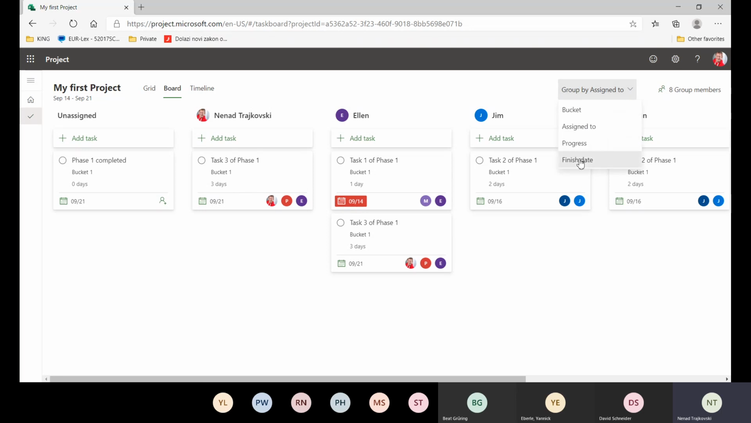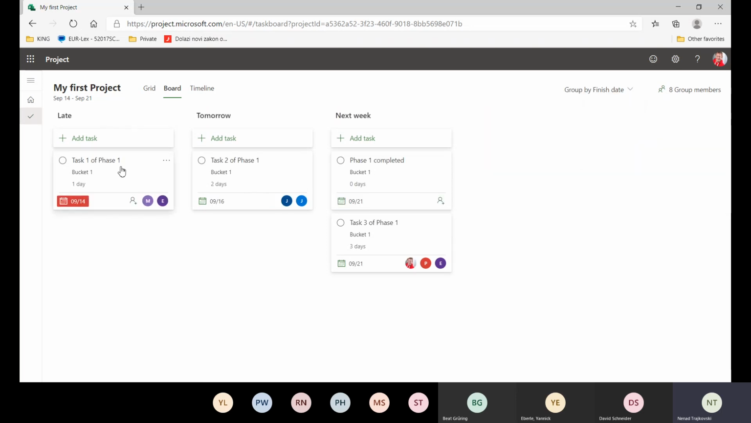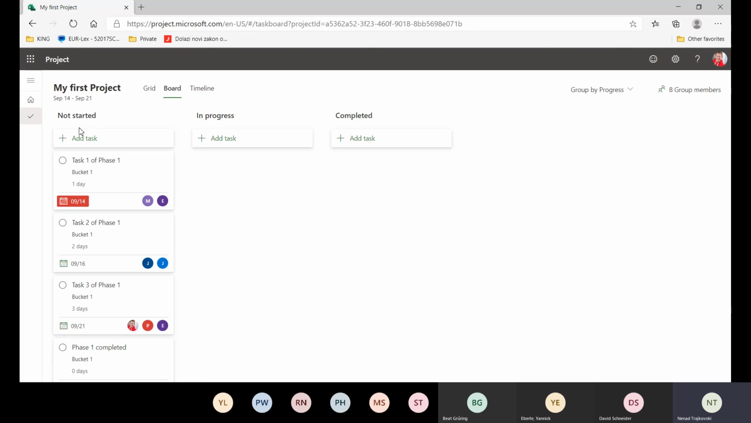You can also group by finish date, so you can see this task is late, this task should be finished tomorrow, and those tasks should be finished next week. I can group also by progress, and you will see that none of my tasks are already started. Why? Because I just created my project, but I didn't put any real work on it, so percentage of completed